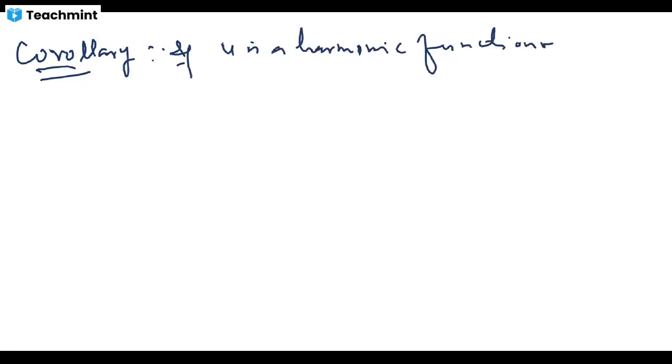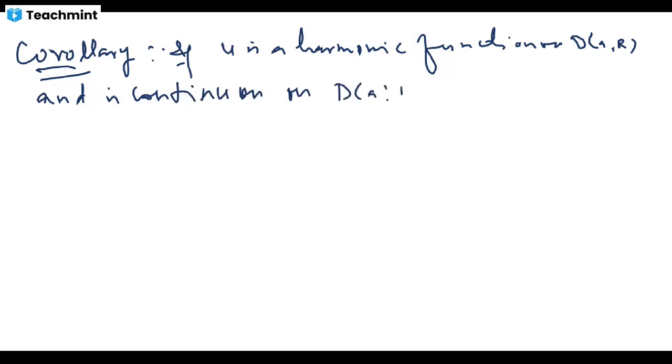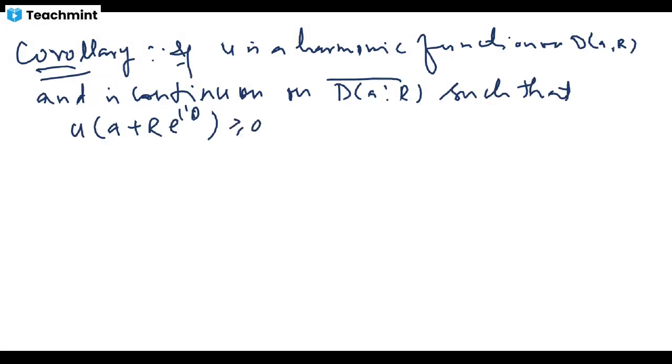Corollary: if u is a harmonic function on an arbitrary disk with center A and radius R, and is continuous on the closed disk, such that on the boundary the function is non-negative, that is, u of A plus R e^{i theta}, a boundary point of this disk, is non-negative, then